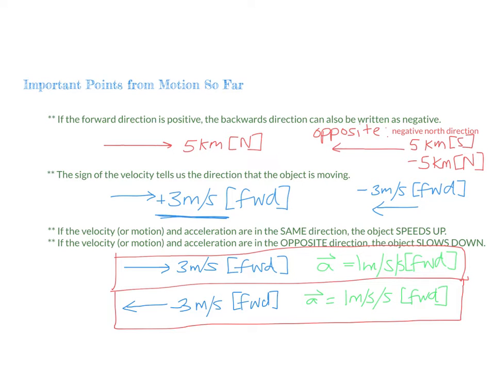So I'm starting with negative 3. I'm going to add a meter per second every second. So at time 0, I'm going negative 3 meters per second